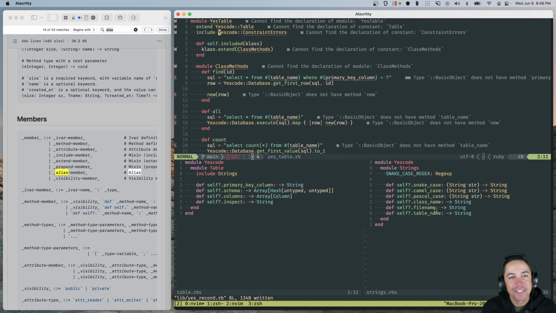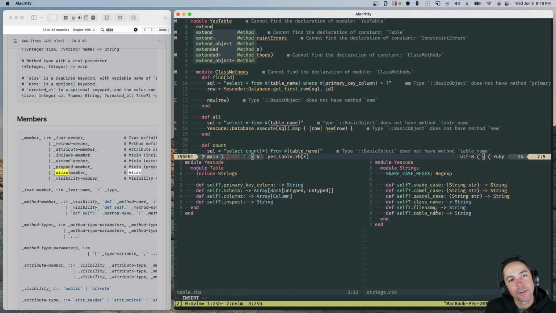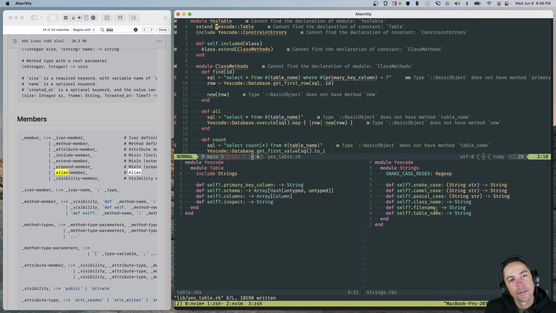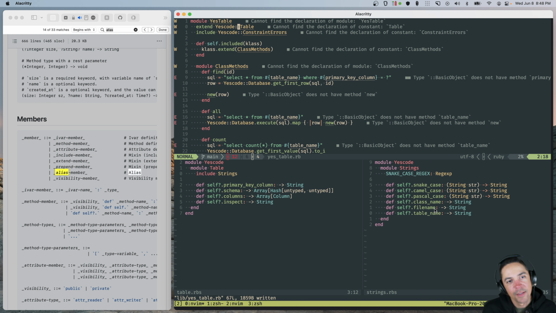So if I include YesTable class methods, but I'm extending table and including strings, right? Okay. So the only reason it has table names is not because of YesTable. So that means if I extend table here in this module,